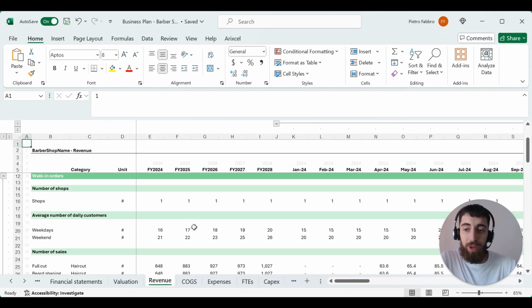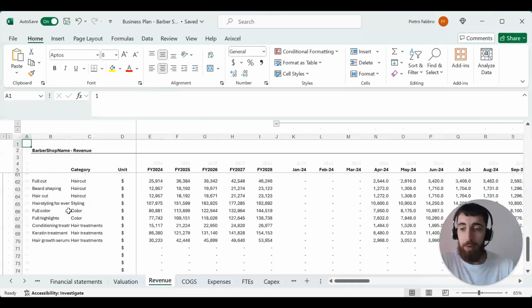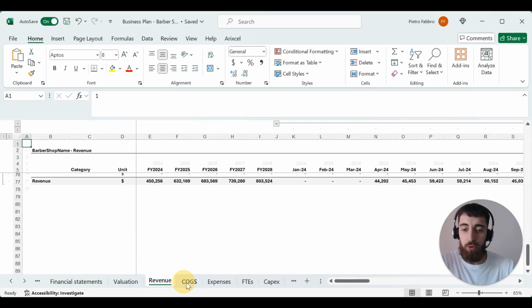Then in the following tabs, we can see all the metrics that contribute to creating your revenues, your COGS, your expenses, and so on. So for example, for revenues, we can see the number of shops, the average number of daily customers, number of sales, the average sale price, the overall revenues and so on. For COGS,